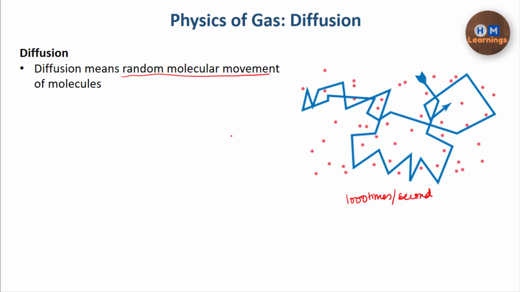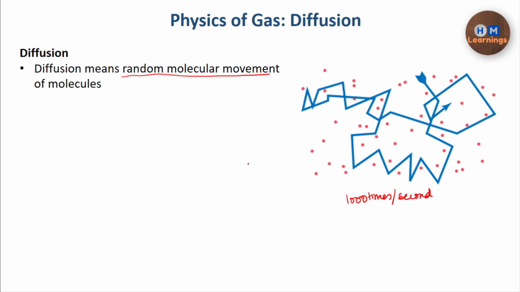So now I hope that you understand that diffusion basically means the motion of the molecules of a matter in any direction, in any random direction. All the molecules will be in motion, but the velocity will vary as they collide with the other molecules.